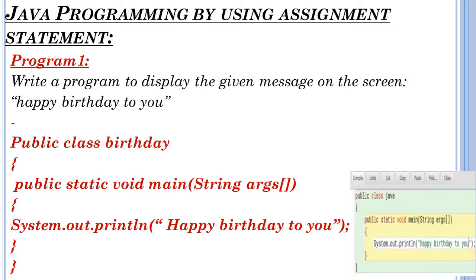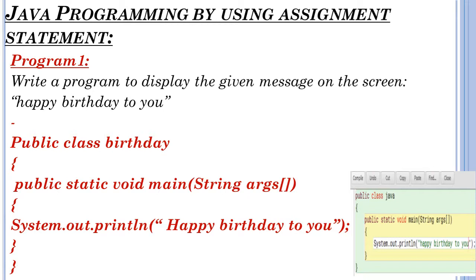After writing the program, you want to compile. While compiling, if you didn't get any error, it means you need to execute, right? See this window. In this window, I have typed the same program. I am going to compile. Where is the compile option? Upside only, the compile option is there. If there is no error, it will show no syntax error at the bottom.